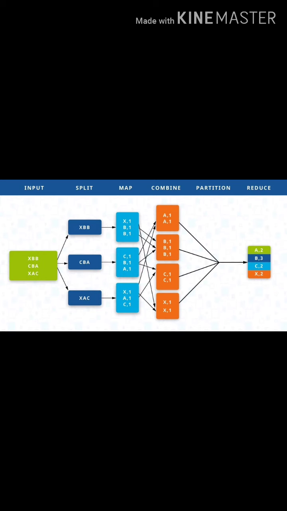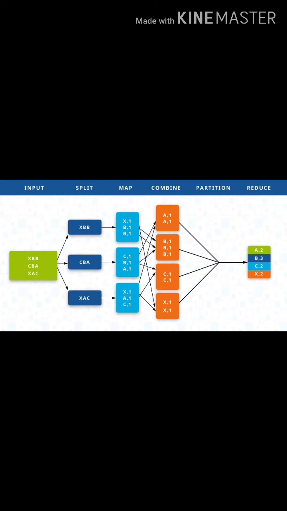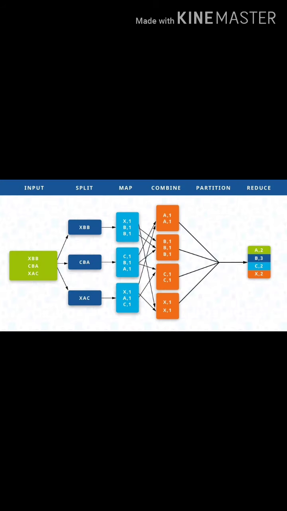So Hadoop divides the job into two tasks, that is the map task and the reduce task. Map task is splits and mapping. Reduce task is shuffling and reducing. So the complete execution process, that is the execution of map and reduce, where the map task is splits and mapping and the reduce task is shuffling and reducing,